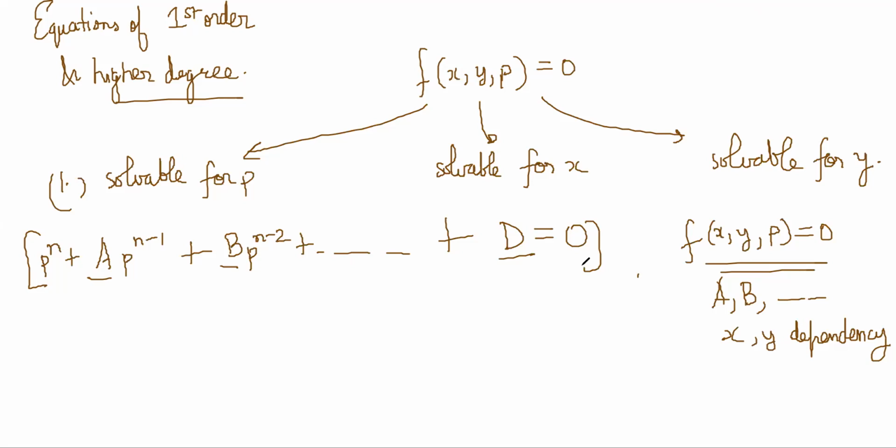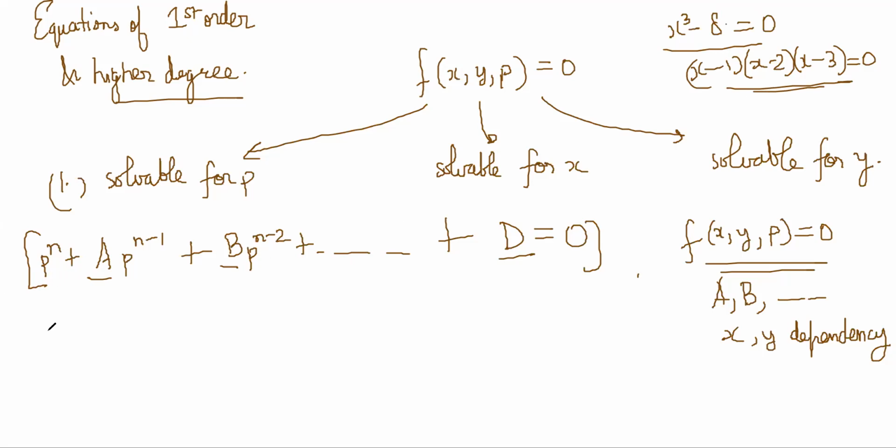Like in general, if you have an equation like this, x cube minus 8 and so on, you have 3 roots, right? You have multiple roots. Suppose you have an equation like this; if you expand it out, it will become a 3-degree equation. So basically, what you're saying is maybe this has n roots for p, right? Not all the roots have to be real. Sometimes polynomials have imaginary roots also, but theoretically it is possible that there could be n different roots, right?